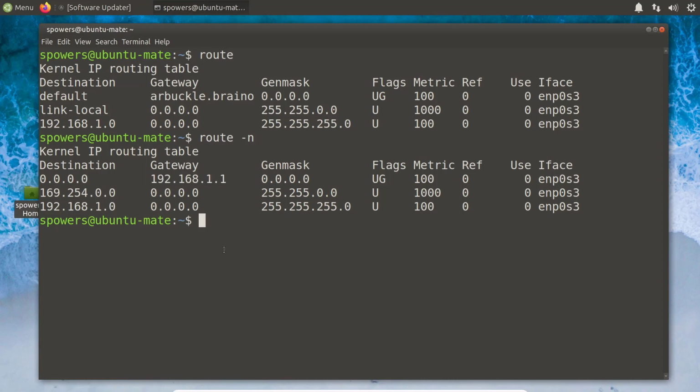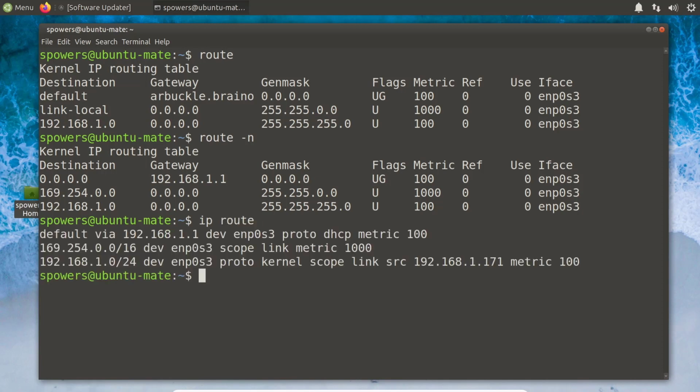Now, the other way that we could look at our routing information is with the IP command again, but here we would say ip route, and it would show us our route, which is the default route right here. Okay, so that shows us the same information in a different way, with a different tool. And then the last tool I want to show you